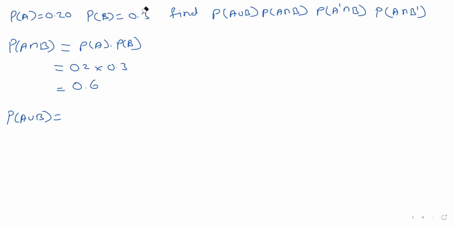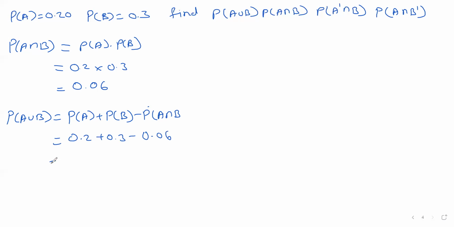I'll just change this. वो 0.06 आ रहा है ना, क्योंकि नहीं तो फिर वो गलत हो जाता. P of A union B is P of A plus P of B minus P of A intersection B. So it will become 0.2 plus 0.3 minus 0.06. That is 0.44. Then they have asked you to find out P of